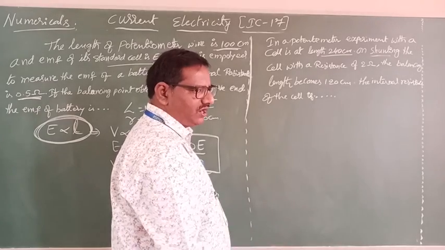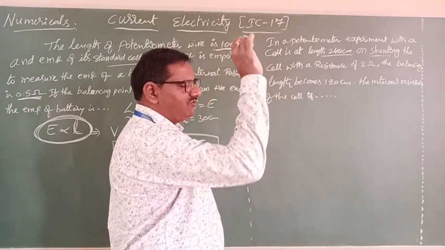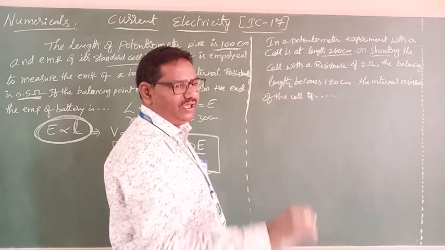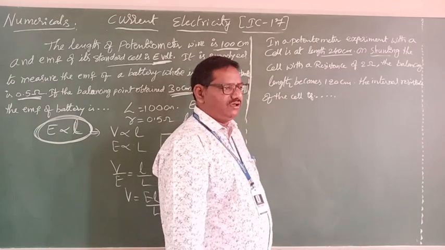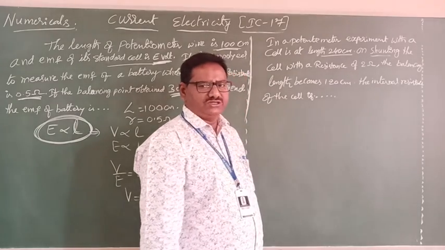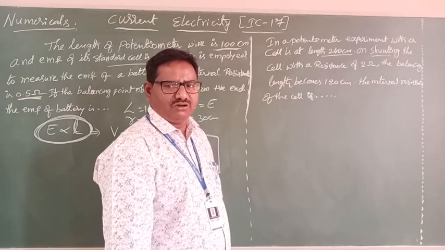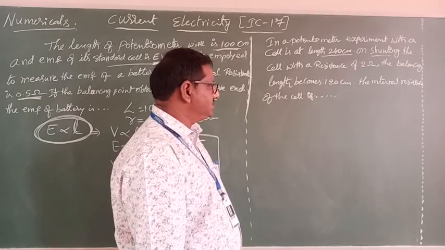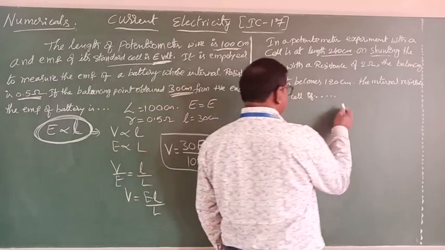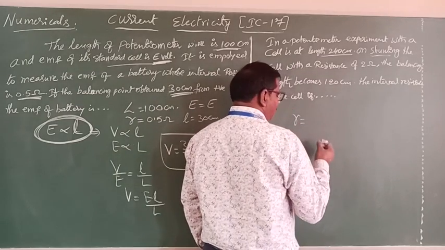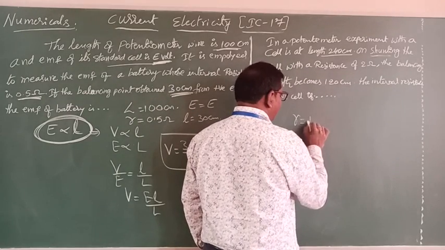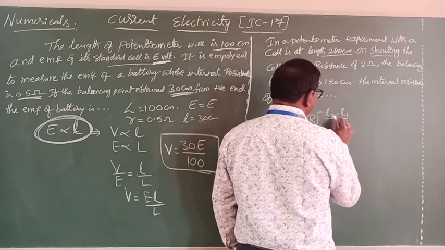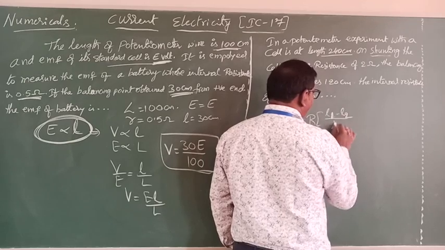In the third circuit, already we discussed it. First we take one key, only the cell key is open, then the current will be passed from the cell. Now the K2 key is also closed. Now it behaves as a closed circuit, then we will consider the potential. Already we discussed it. By using that, we derived one formula for internal resistance: small r equal to capital R into (L1 minus L2) by L2.